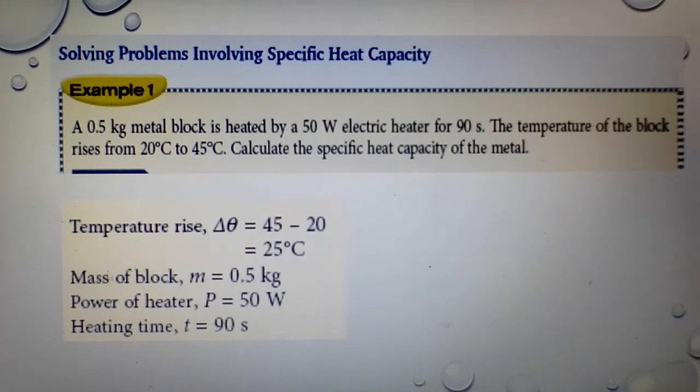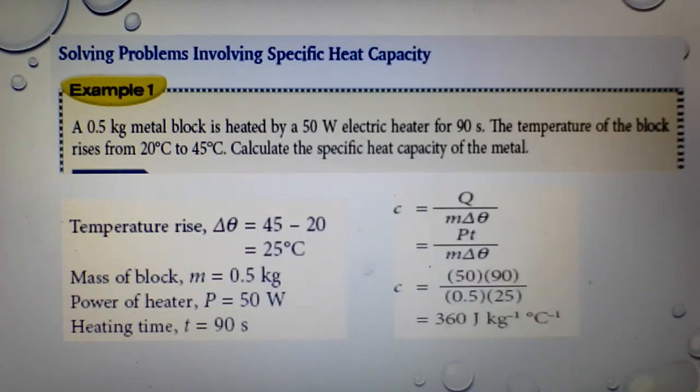Okay, you list down all the information. The temperature change, or temperature rise, delta theta, is 45 minus 20, 25 degrees Celsius. Mass of the block, 0.5 kilogram. Power of heater, 50 watt. Heating time, 90 seconds. Okay, the formula that we need to use here: